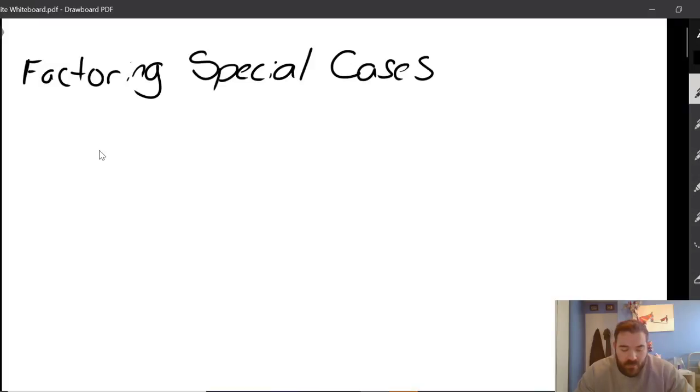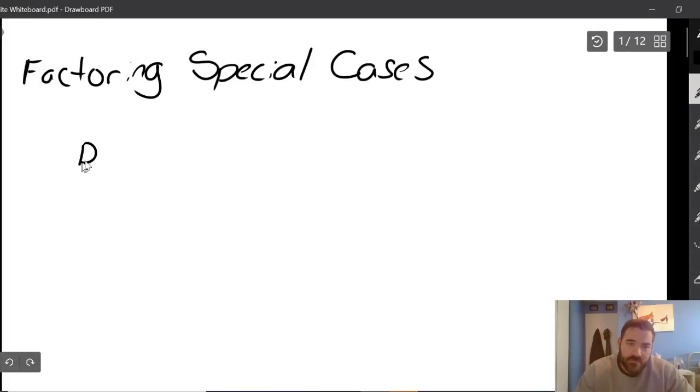Hopefully we're getting comfortable with complex factoring and simple factoring. We need to talk about the two special cases that you'll run into. One in particular doesn't always look like a regular trinomial, so it doesn't always look factorable, but it is. And the two cases are